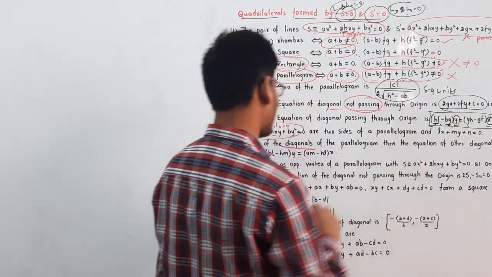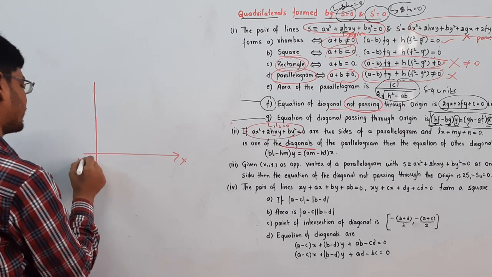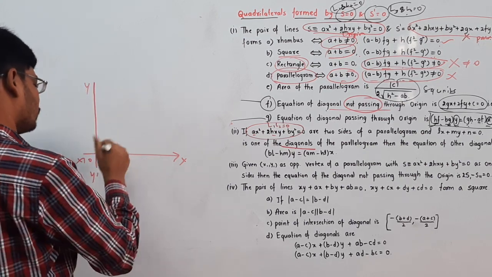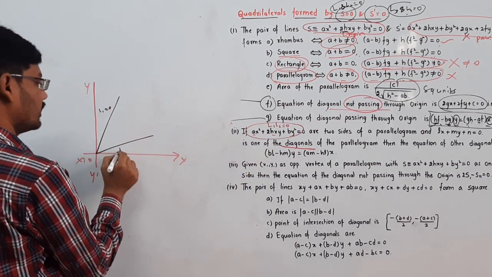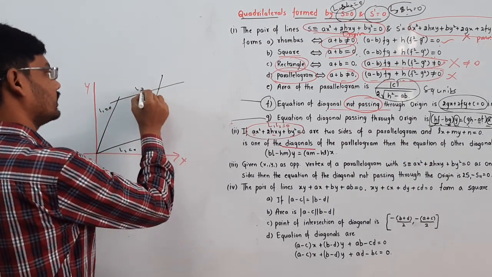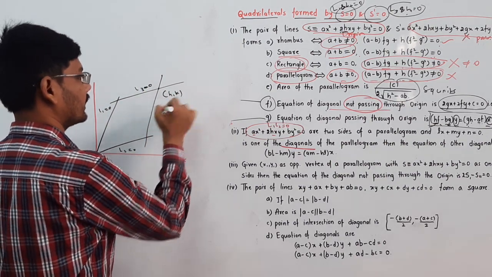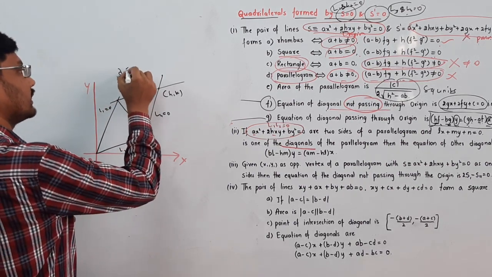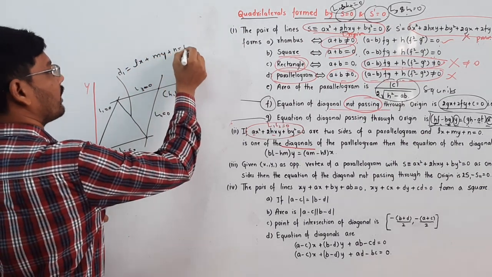Then the equation of the other diagonal. Here again the same axes, x', y', this is the origin, and here I am taking two pairs of straight lines passing through the origin. This is a pair of straight lines, this is L1 equal to 0 and this is L2 equal to 0, and framing a parallelogram here, this is L3 equal to 0 and this is L4 equal to 0, this is the point (h, k) here. And now if one diagonal is given, that is d1, that is the line Lx plus My plus n is equal to 0, one diagonal is given.